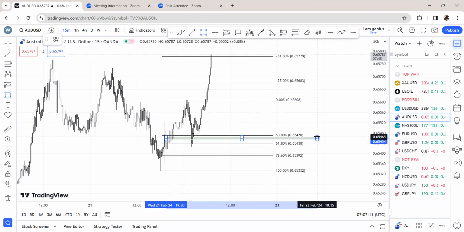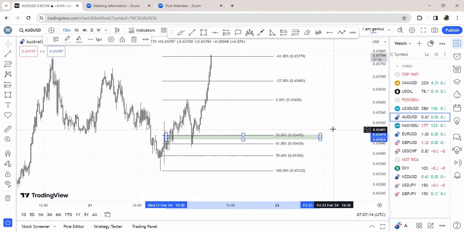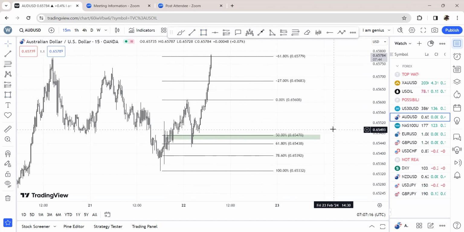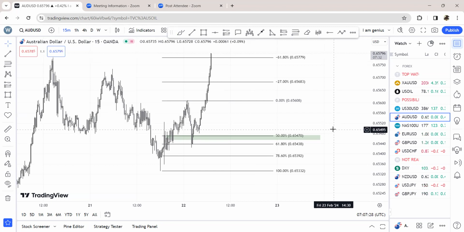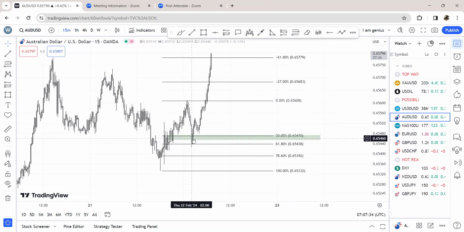our Fibonacci. Now remember, you're not just going to be using the Fibonacci in isolation. You need to also have other confluences that support your analysis. Now those can be things like fundamentals, you can have support and resistance levels and the like. So at this level here, you can see this is